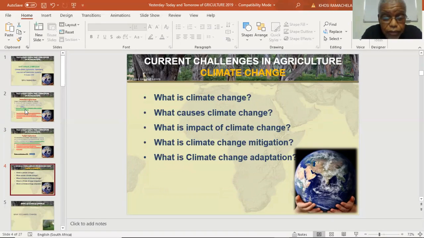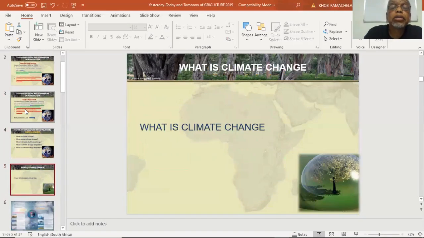First of all, we have to understand what climate change is, what causes climate change, what the impact of climate change is, and what climate change mitigation and climate change adaptation are. These are issues which we see as critical risks that we should respond to. All right. So, what is climate change? Climate change is simply a change of the climate